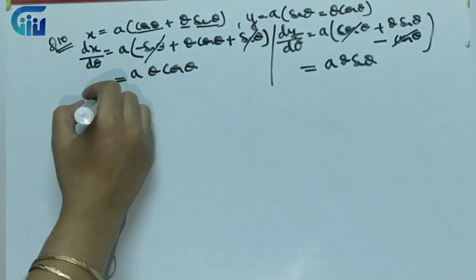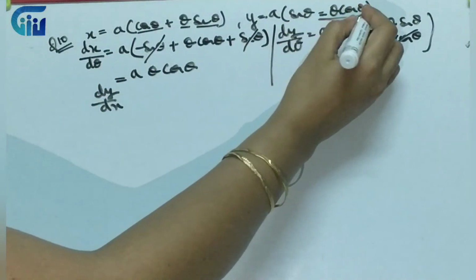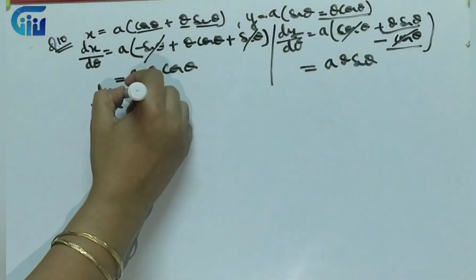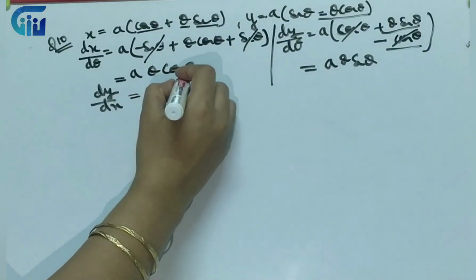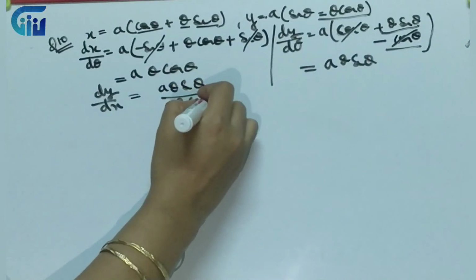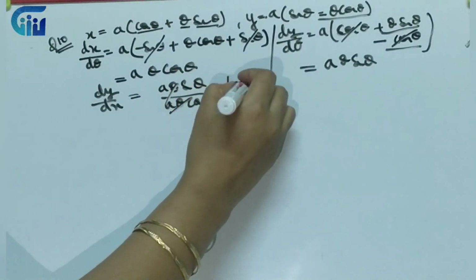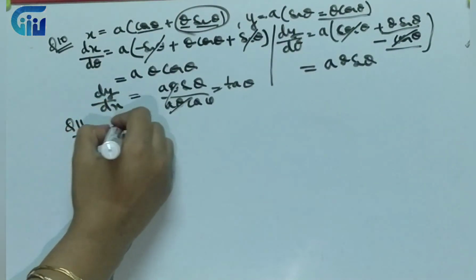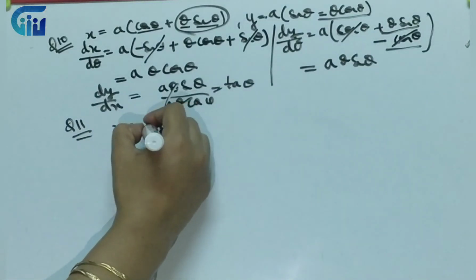So what will be my dy by dx? Over here everybody has to be careful when you are applying the product rule, because the sign changes there. Next time, there are chances that many students put a plus sign over there. So dy by dx is a theta sine theta, dy in the numerator and dx in the denominator. So we will get tan theta. So this was the important point here, that we had two things in multiplication, so we had to use product rule. Then moving on to the next question, again a very important question.